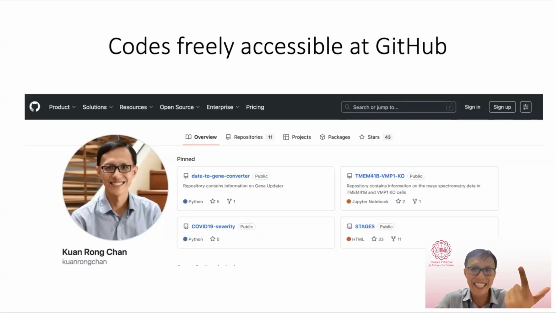Two is understand the statistics and the assumptions behind every library or statistical comparison you are doing, or even machine learning as well. I think that's very fundamental to implementing or gaining insights from this kind of big data analysis. And then the third thing is at least have a sense of what kind of packages to use.